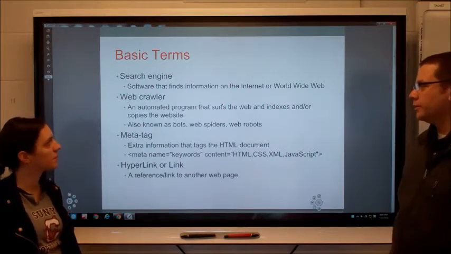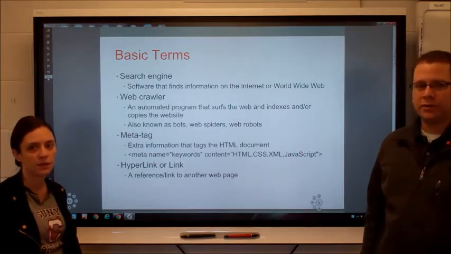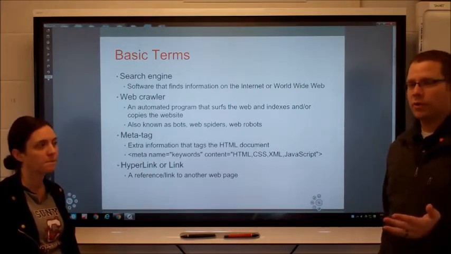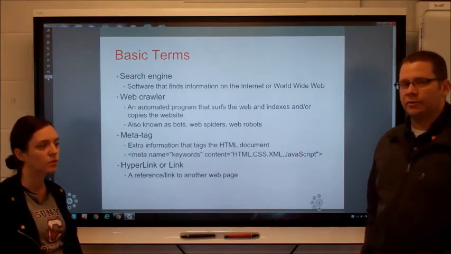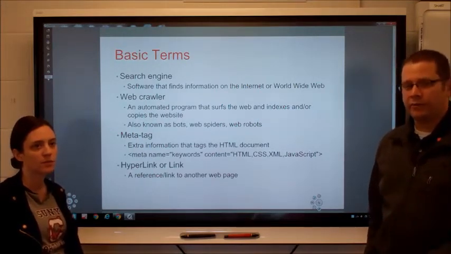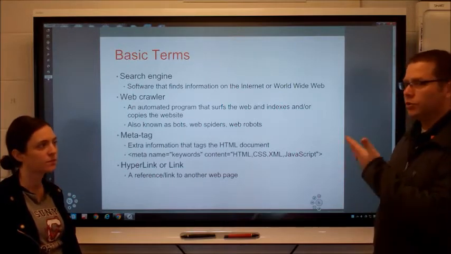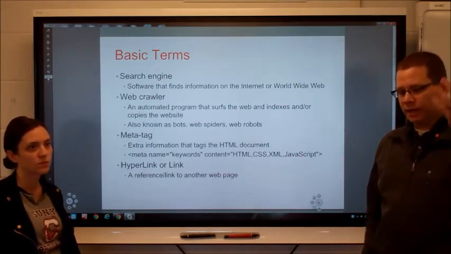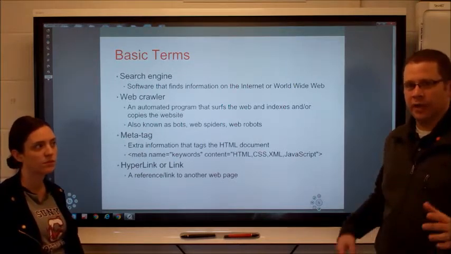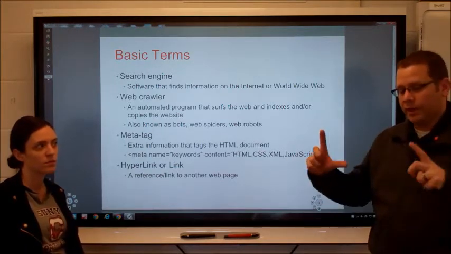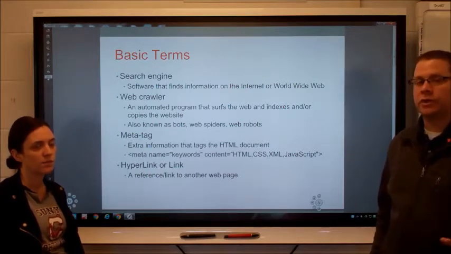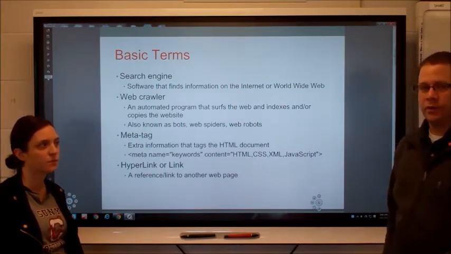A web crawler is also kind of a search engine, and we were just discussing the difference between a search engine and a web crawler, and there really isn't much. I mean, if you made your own web crawler, you may not get fancy results like Google gets you. It may not look as nice as Google does. You probably just get a list back, however you arrange it, maybe in some kind of database. But search engines like Google and Yahoo give you visual results that you can actually link to,